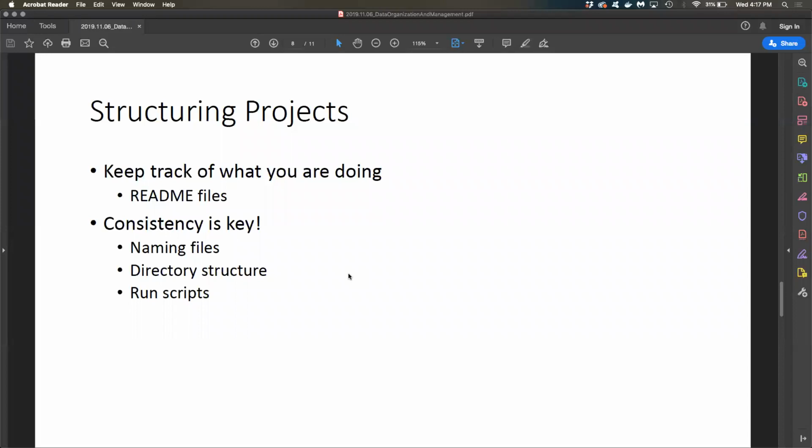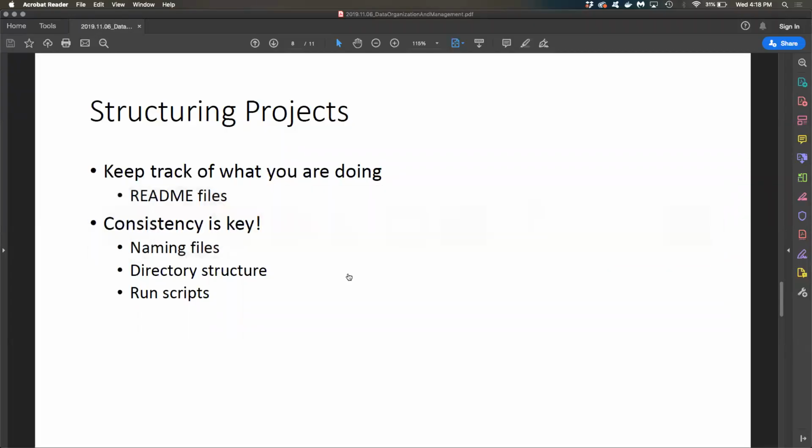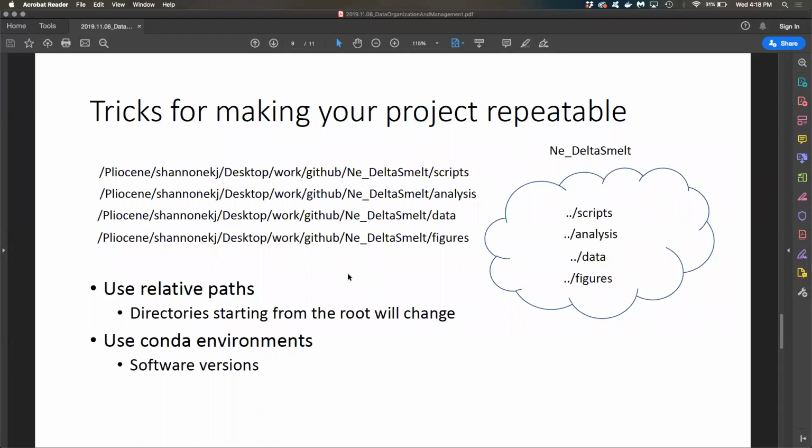Directory structure, and run scripts. So have scripts that you can use multiple times. And tricks for making your project repeatable. So here I have where my scripts, analysis, data, and figures are all located